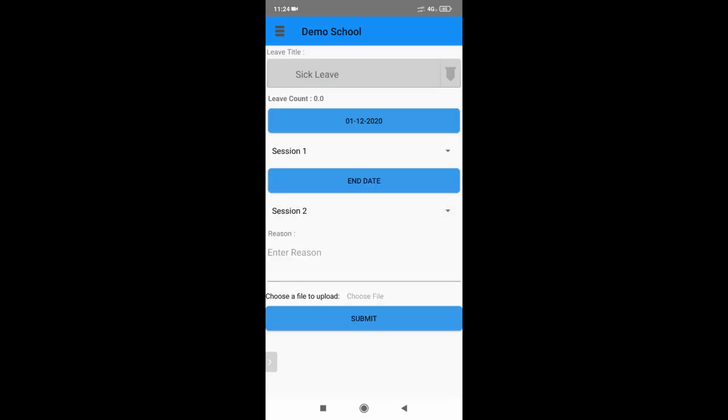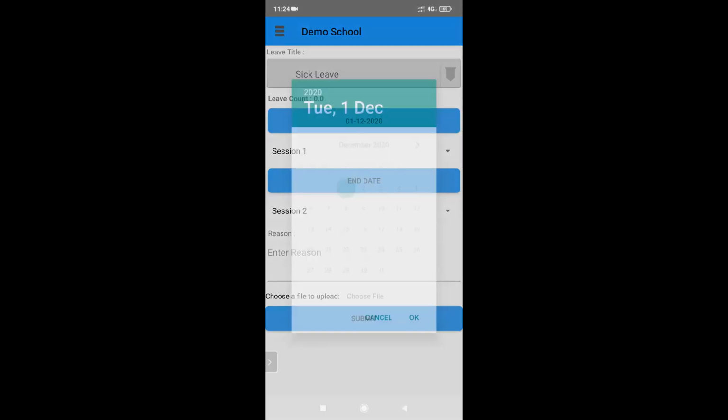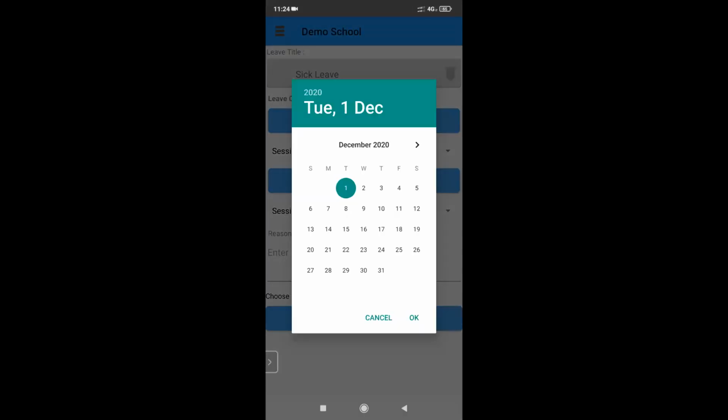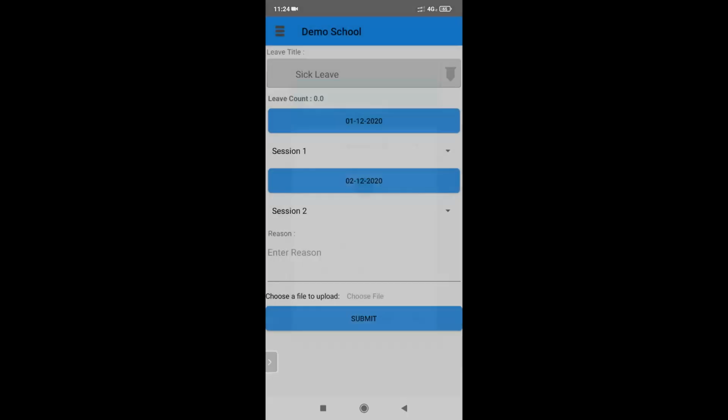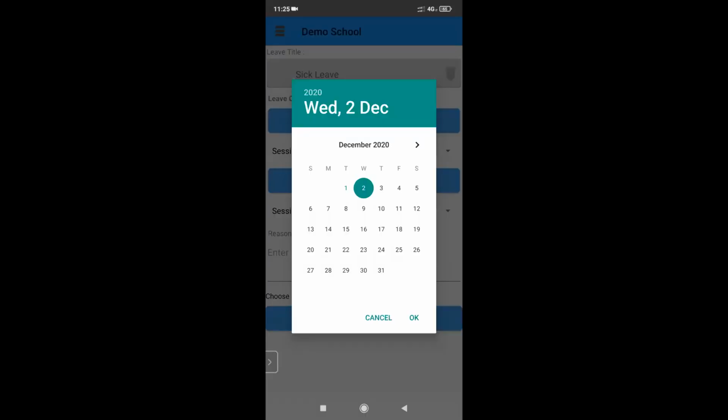If it's a half day leave, the session 1 date and the session 2 date should be the same. If it's a full day leave, the session dates have to be different, that is, from start date 1 to end date 2. And similarly, if it's a half day leave, I can have the same date. Okay.